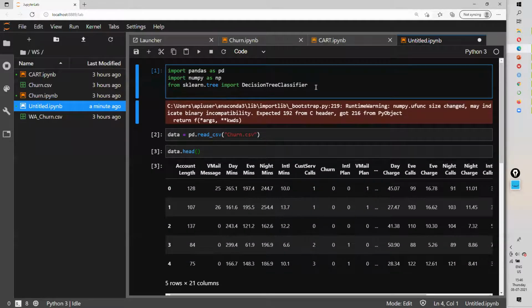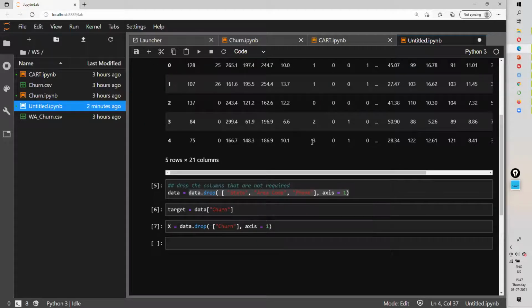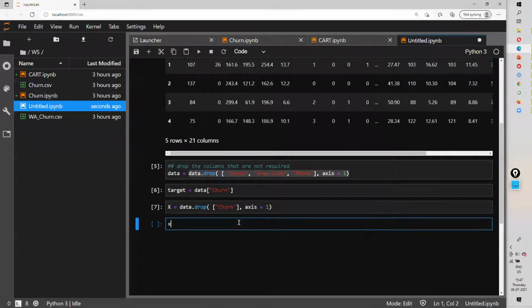Now, how do we do that? From sklearn.model_selection import train_test_split. Now you might ask, how do you know all these functions? That's where practice comes into the picture. If you are familiar with a programming language like C, then you know a lot of libraries available in C like math.h, and you know a lot of functions available in it. So this is a kind of library like math, and within that, these are nothing but functions, right? So when you learn these programming languages, you get familiar with that.